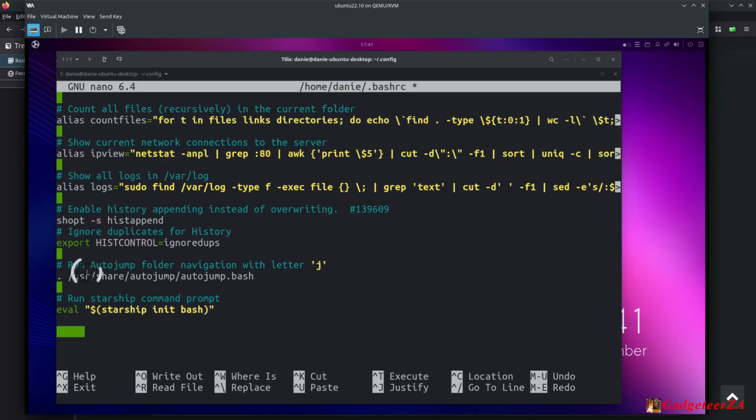This one is to activate Autojump over there with J, and it is really just running this script file that does get installed with Autojump. It does cater for about 3 or 4 types of shell environments. So this one is just making sure that it works for Bash, and this is the one that you will have to put in to make Starship work. So once you've put that in place for your Bashrc, then it should actually start doing all of this for you. So let's just save this and go out